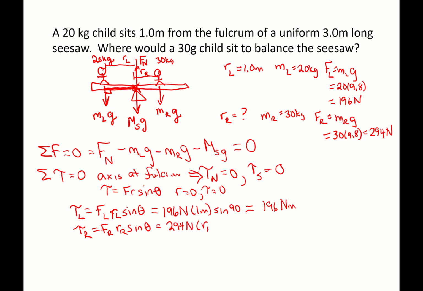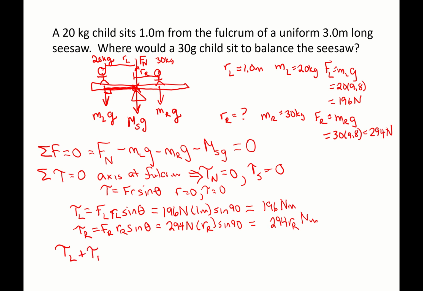We don't know the distance, and sine of 90. So I'm going to get 294 times whatever the distance is that the heavier kid is sitting from the center. Okay, so those two torques, torque on the left plus the torque on the right,